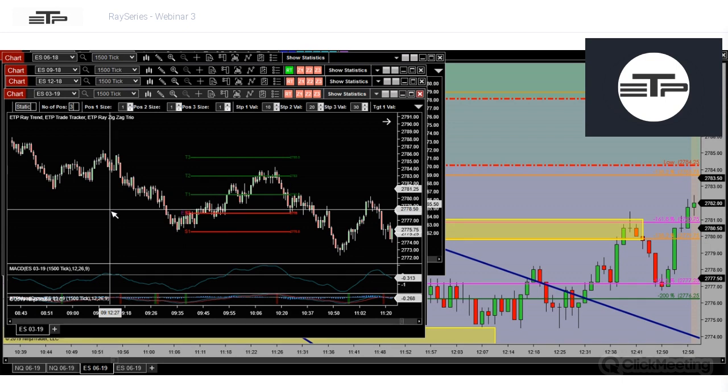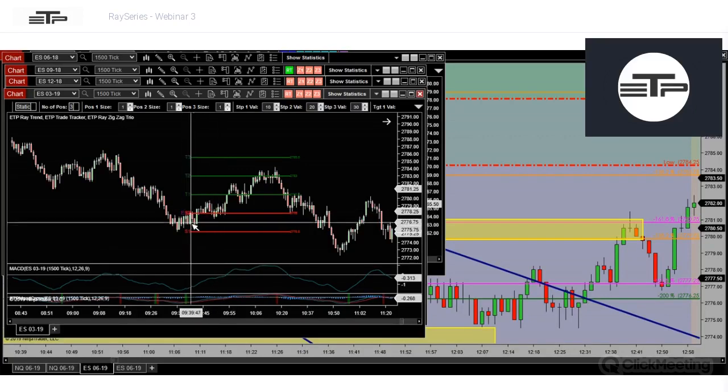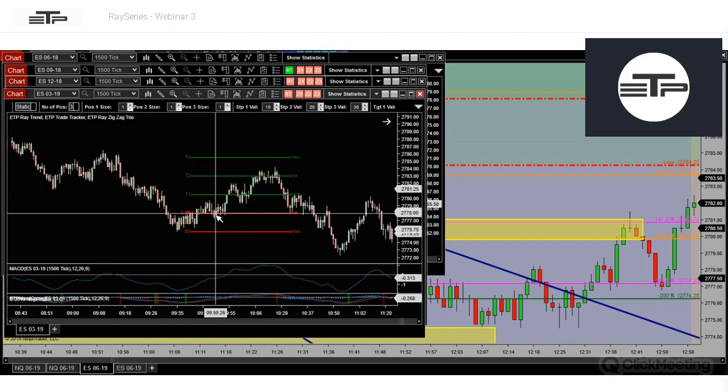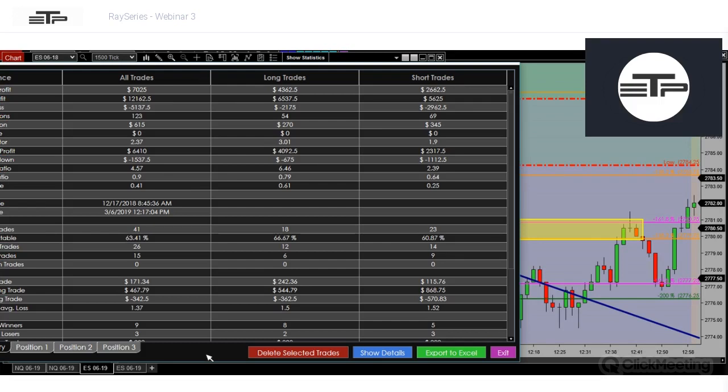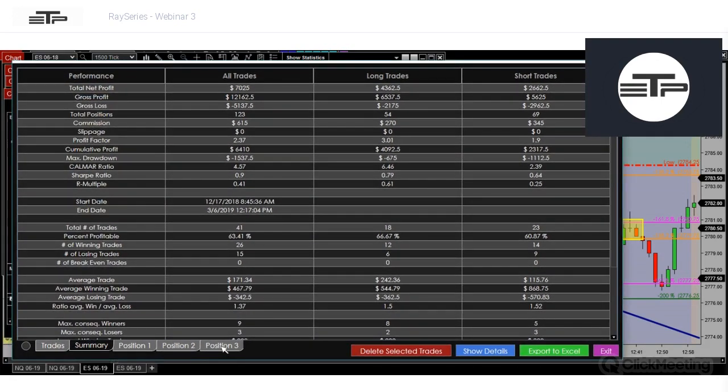Okay, Diane asked, so when it doesn't hit the 3rd target like this one, basically what we do is after it hits the 1st target, we move our stop loss to break even because we want to cover open position profit. If we already made money on a trade, we don't want to lose anymore. That's why when you look at the statistics, and I'll drag this over, position 3 does have a